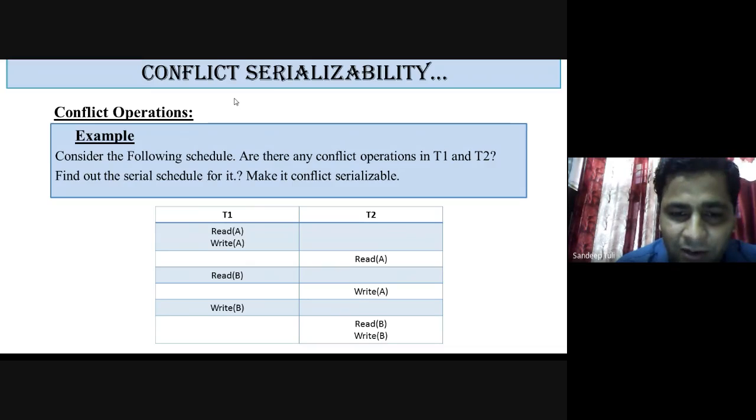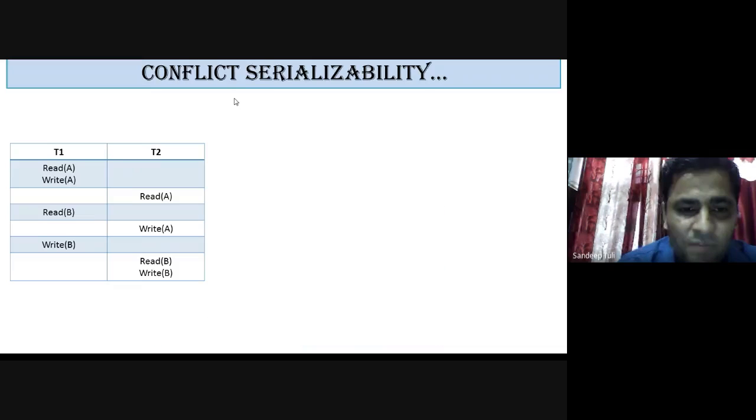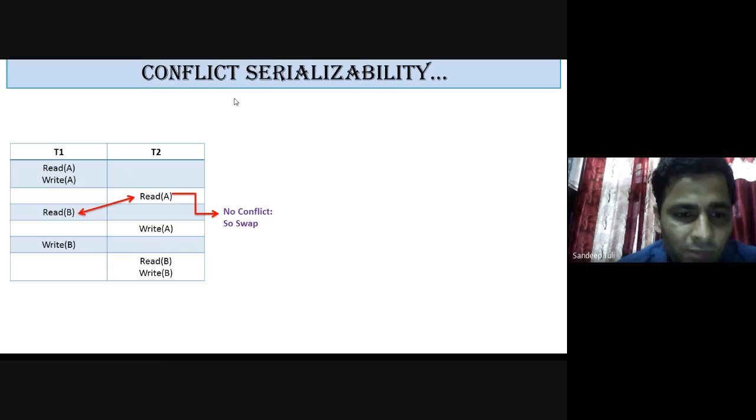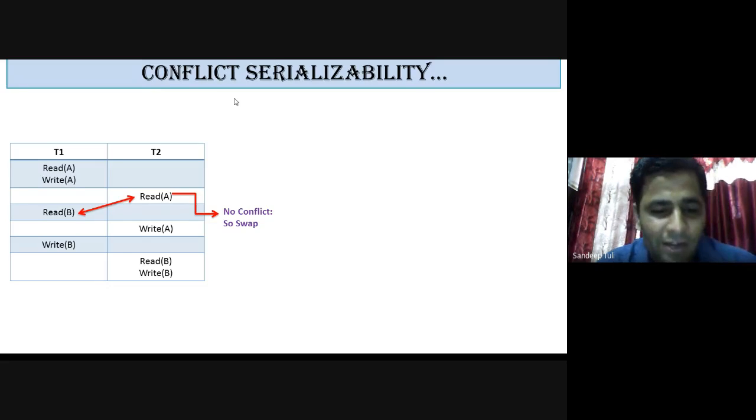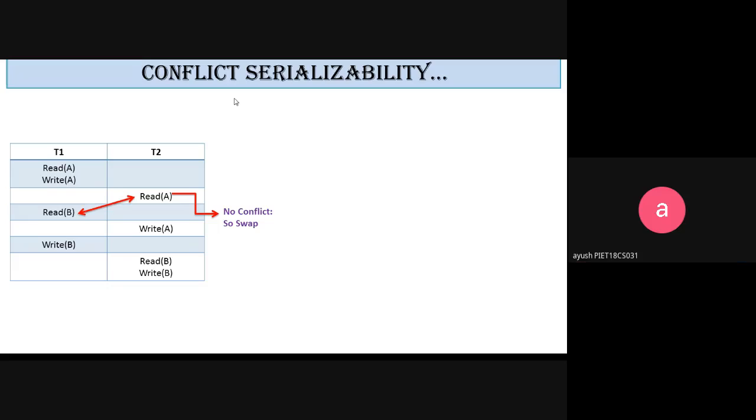This is the type of question you will get in your examinations. So now concentrate on this. First of all, this is our original table. We will start with the first operations that are non-conflicting, that we can swap. You have seen it already, so I need not hide it. So these operations are non-conflicting operations. Are you agreed or not? Yes, sir. Why non-conflicting? You just tell me.